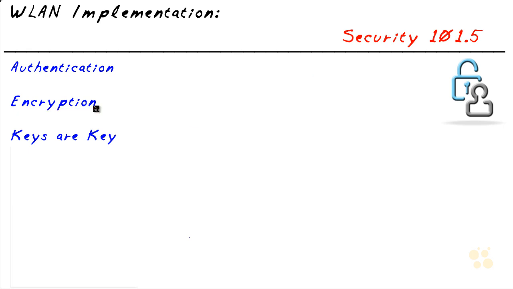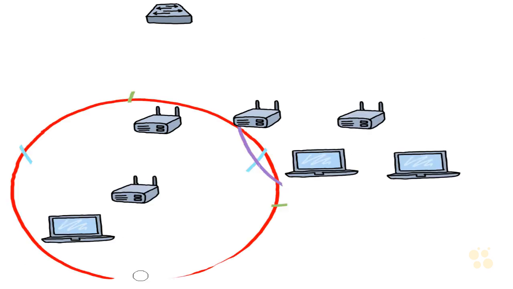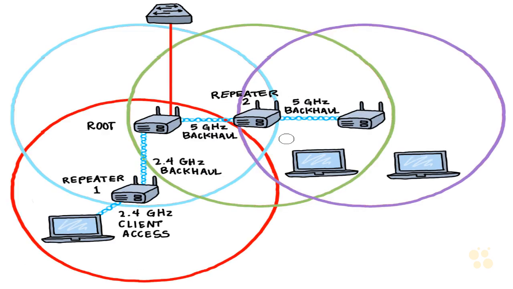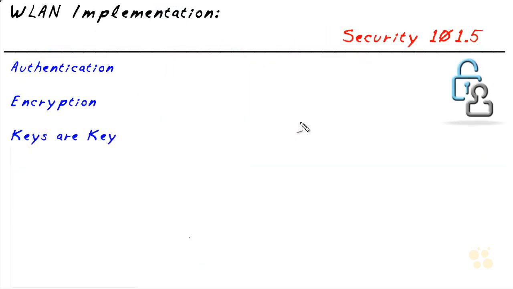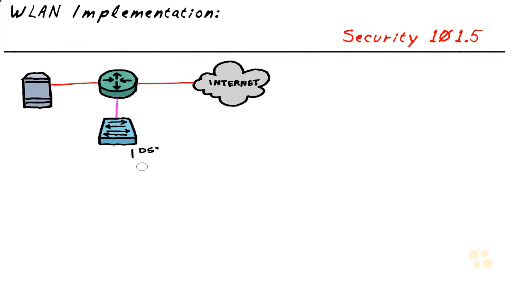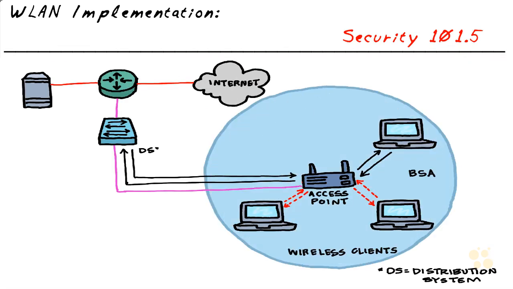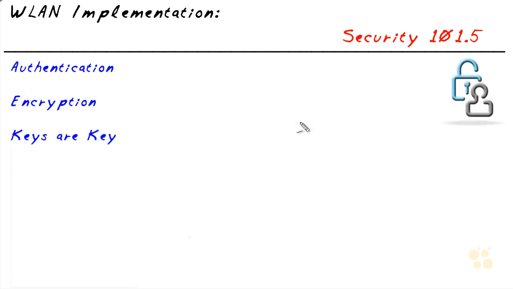As an example of encryption, in a wireless network, we absolutely want to use encryption because our access points send out radio frequencies and our clients send out radio frequencies, and those may not be contained within the walls of our building. They may leak over into the parking lot, into the next building, to the next office. And if we don't encrypt our data, anybody listening in to those radio frequencies could potentially have our information. That's why encryption is really important, both in a wireless and a wired local area network, to keep sensitive